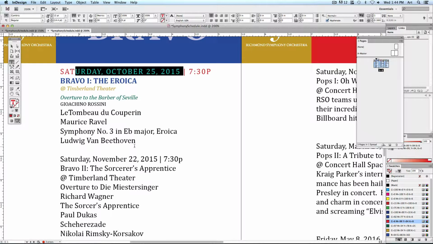Reformatting each and every one. Here's the trick. We're going to save what are called paragraph styles that we can apply to each one of these over and over again. To find your paragraph styles palette,